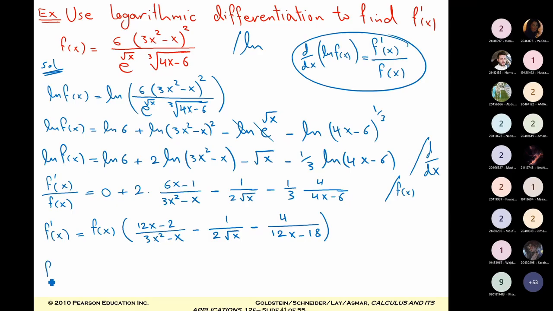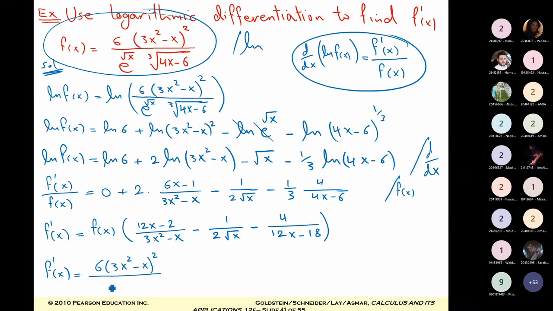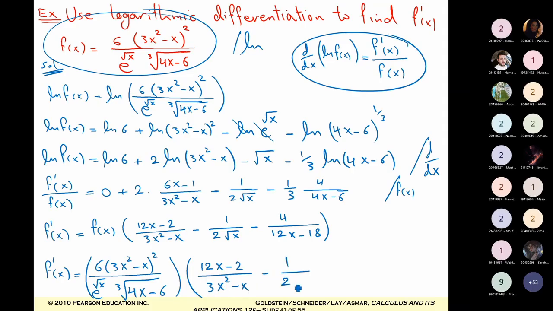This means f prime of x equals what? What's the value of f of x? This is f of x: 6 (3x squared minus x) all to the power 2 over e to the power radical x times the cube root of 4x minus 6. This is multiplied by the brackets: 12x minus 2 over 3x squared minus x, minus 1 over 2 radical x, minus 4 over 12x minus 18. Okay,